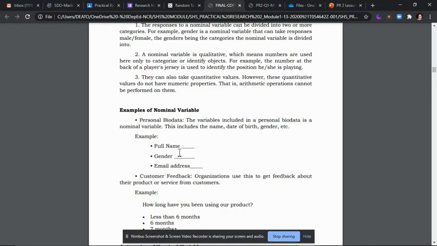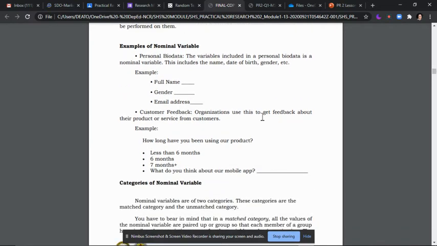Although yung gender, pwede siyang bilangin, pero hindi siya magandang representation para magkaroon ng number. So hindi mo pwedeng pagpalit-palitin yung gender ng mga respondents kasi babae yung number 1, lalaki yung number 2. So hindi mo siya pwedeng i-arrange ng highest to lowest kasi magpapalit din yung gender. So hindi pwede 'yon. So email address, hindi mo din siya nabibilang kasi magkakaiba tayo ng email address. Ito is sa customer feedback.